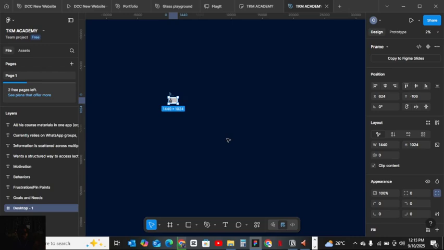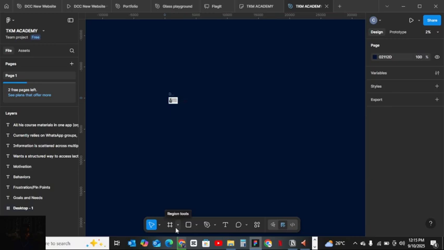This is the tray for the frame, rectangle, pen, text, and all that. So for our next, when we start Angular, we get information about this thing. And when you click on frame, you can see phone, phone frame. When you click on phone frame, you can start designing and all those things. So in the frame, I can create a box, right? Then add some curve, you know, add some